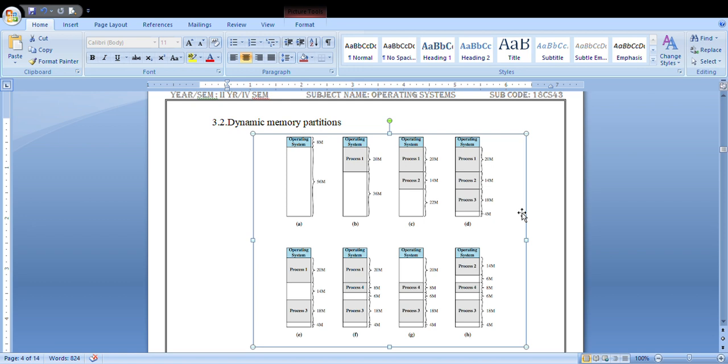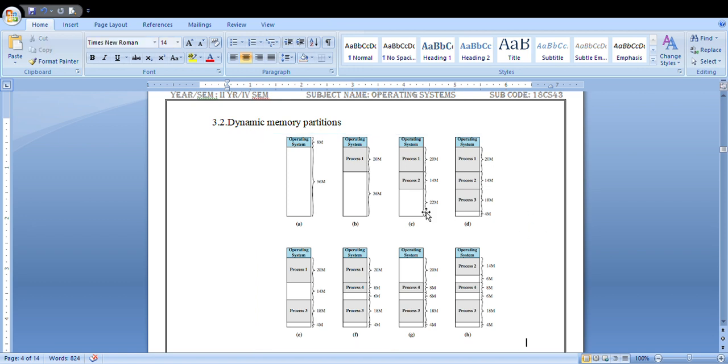Here you can see the example in this diagram. First four diagrams explain about your variable size partition in a contiguous manner. What do you mean by variable size partition in contiguous manner? Means you are dividing the memory location one after the other. That is nothing but contiguous, it is nothing but sequential, but in a dynamic process.